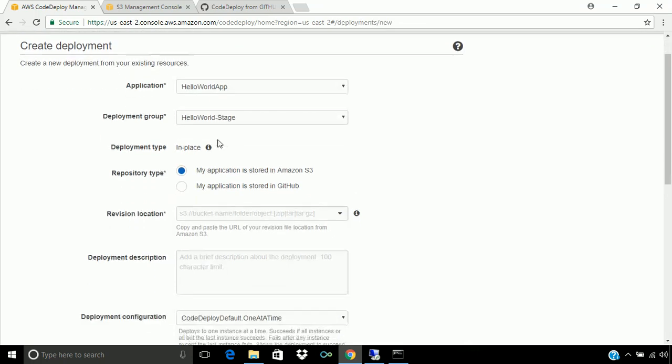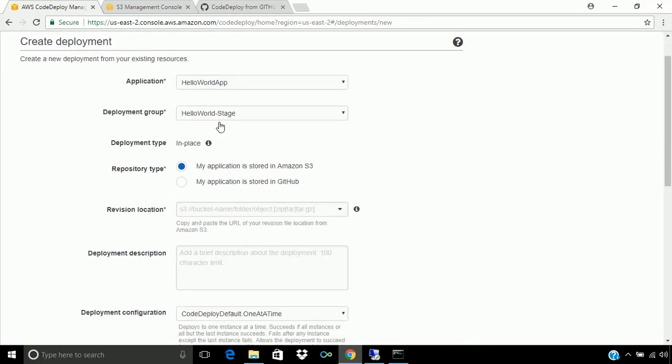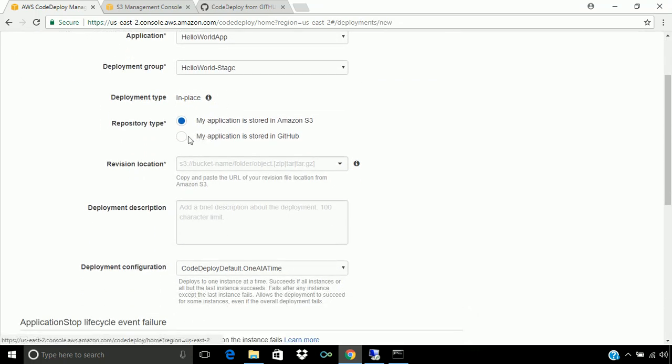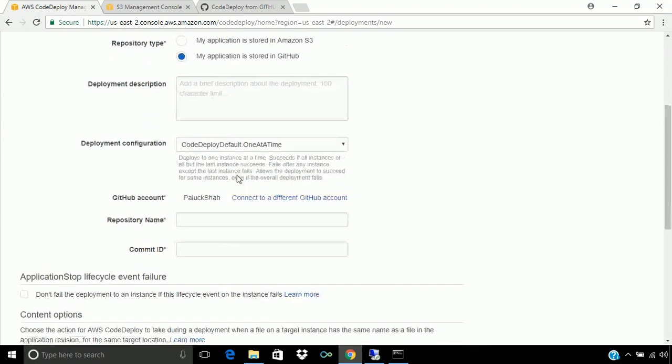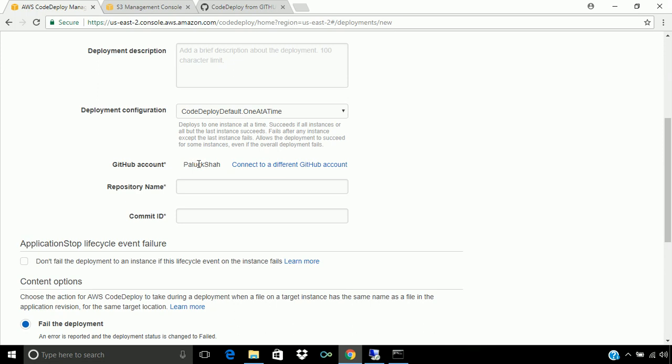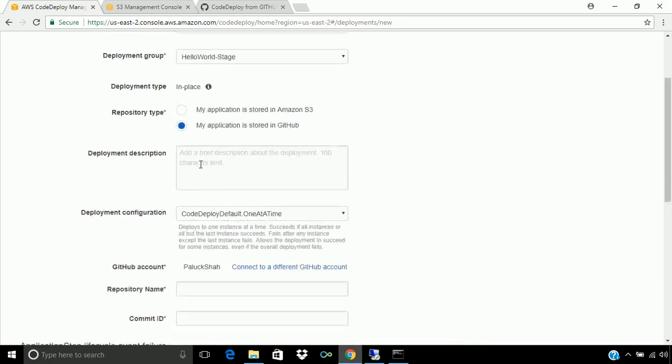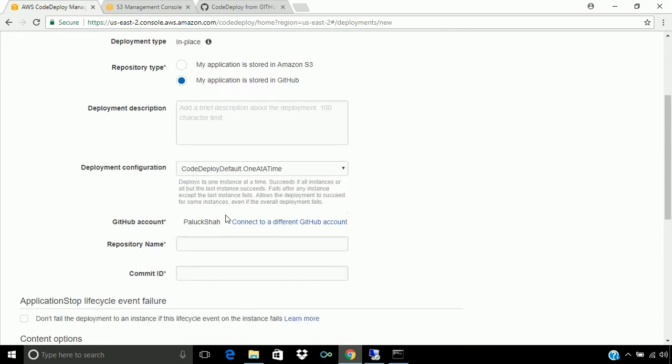Now here the application and deployment group are already selected. Now we can select that my application is stored in GitHub. I have already connected my GitHub account with this code deploy, but if you have not connected, then you can give the username and password and your account will be connected to this code deploy.